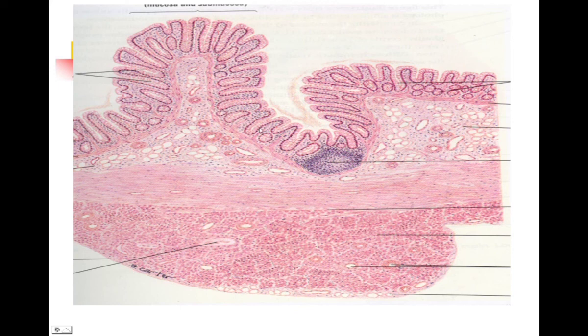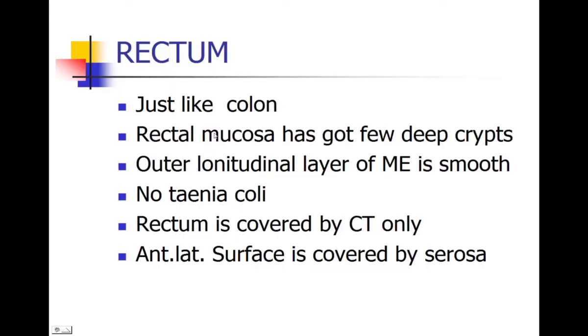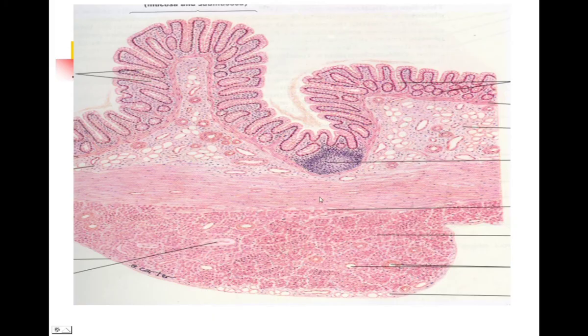This is the muscularis mucosae. So this is the mucosa, this is submucosa. Submucosa has a lot of fatty tissue. There are fibroblasts, macrophages, plasma cells. There are a lot of blood vessels. And then comes the muscularis externa. You can see the inner circular layer of the muscles, and this is the outer longitudinal layer, which has these three thick bands. This is the band, and this band is called the taenia coli.